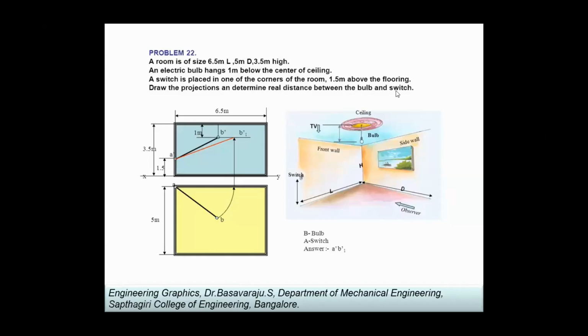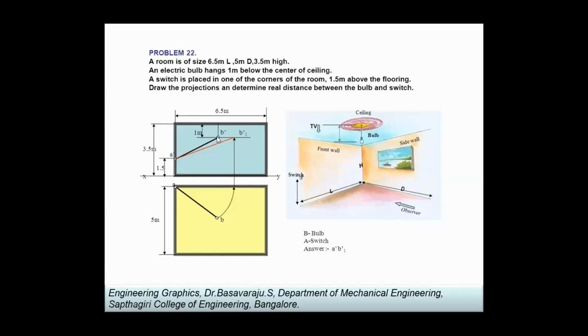If you are sitting in a room and you see a fan or a bulb, and you can consider a fan which is hanging at a particular distance from the ceiling, the real distance, the displacement distance from your eyes to the bulb or the fan can be identified by these methods.